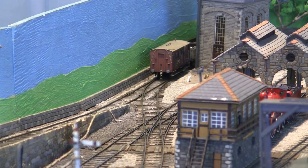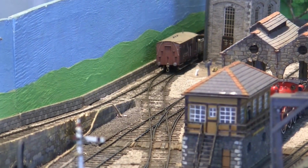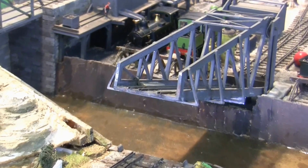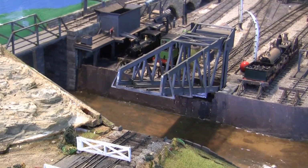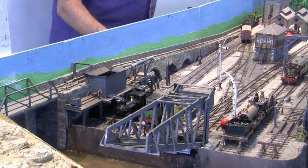With no more train movements for a while, the lifting bridge can be raised to allow the larger boats to pass through, and the level crossing gates can be opened to let the road traffic through. The recently arrived coal train will now have to be shunted. The first thing to do will be to remove the brake van, which will be stabled out of the way